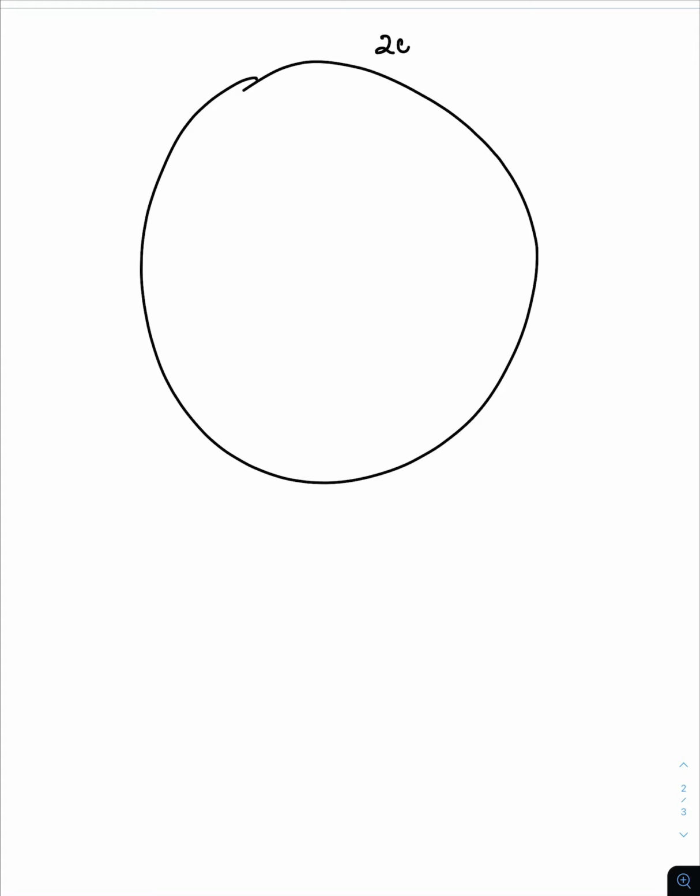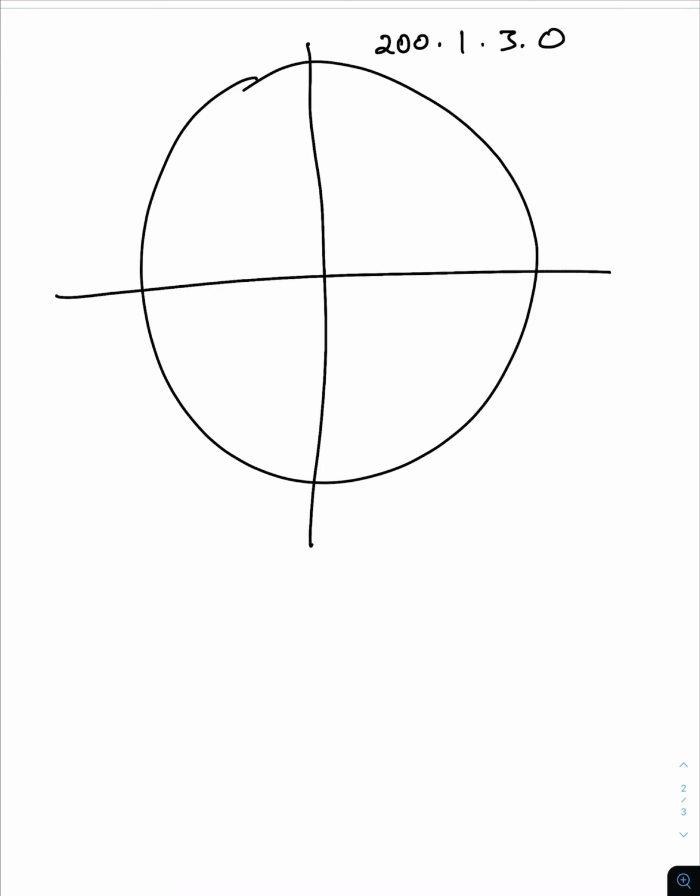So let's take the same network, 200.1.3.0, and I'll give you the example. In the previous class, we selected one bit in the host ID part, 0 for subnetwork 1 and 1 for subnetwork 2, and we divided it into two subnetworks. Here I'll select two bits in the host ID part. So here, 200.1.3, and the eight bits. I will select two bits in the host ID part as 0 0,